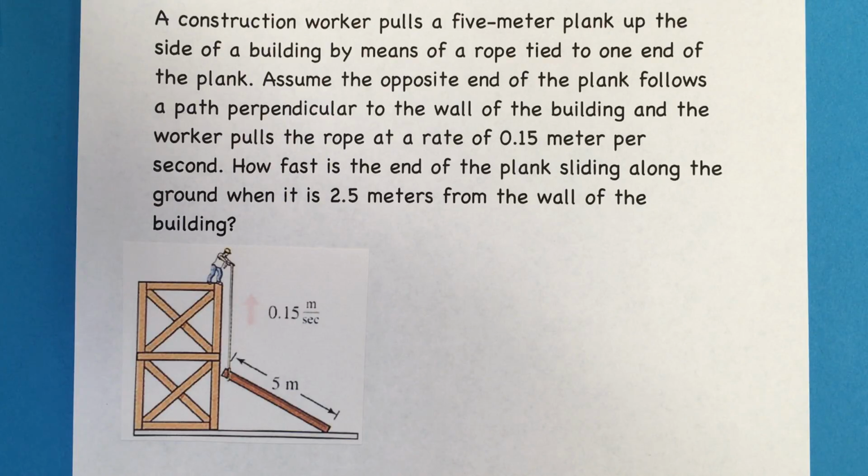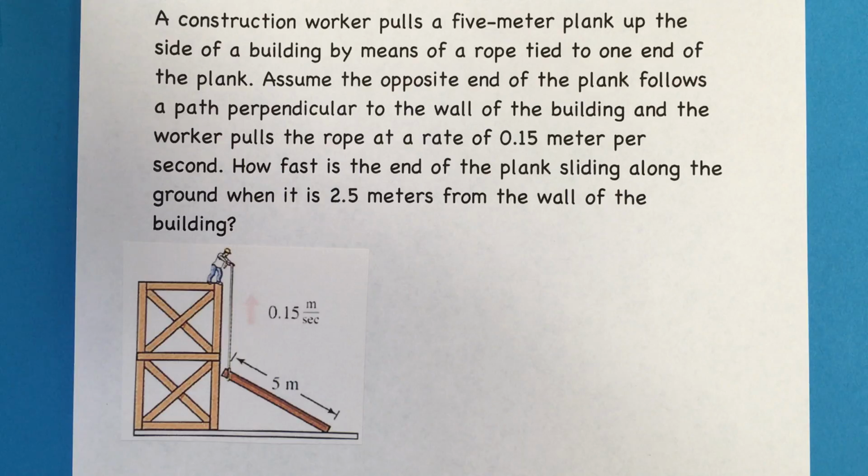Okay, this one's going to be similar to the one that we just finished working. A construction worker pulls a 5-meter plank up the side of a building by means of a rope tied to one end of the plank. Assume the opposite end of the plank follows a path perpendicular to the wall of the building, and the worker pulls the rope at a rate of 1,500 meters per second. How fast is the end of the plank sliding along the ground when it's 2.5 meters from the wall of